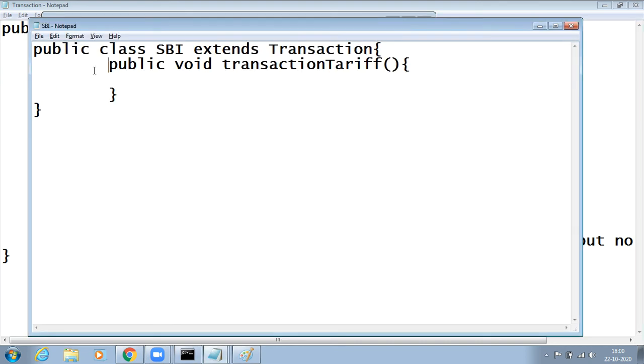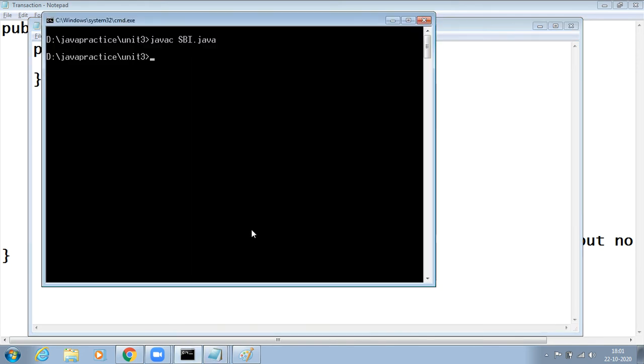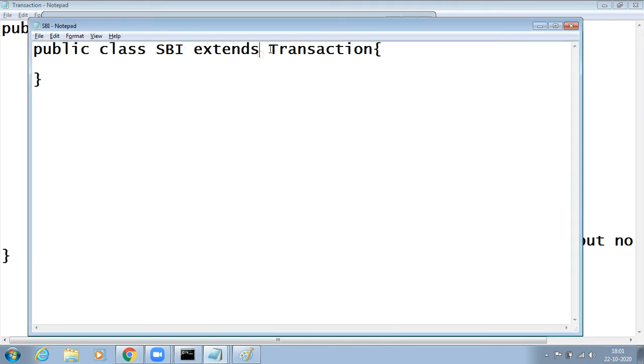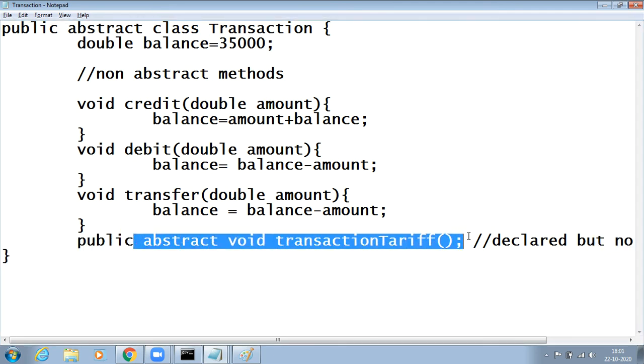See now, if I don't override this, when I remove this overriding method, it shows me an error. Because whenever I extend the parent class, which is an abstract class, the abstract class contains an abstract method. That abstract method is just declared but not defined. Hence, the abstract method should be overridden.